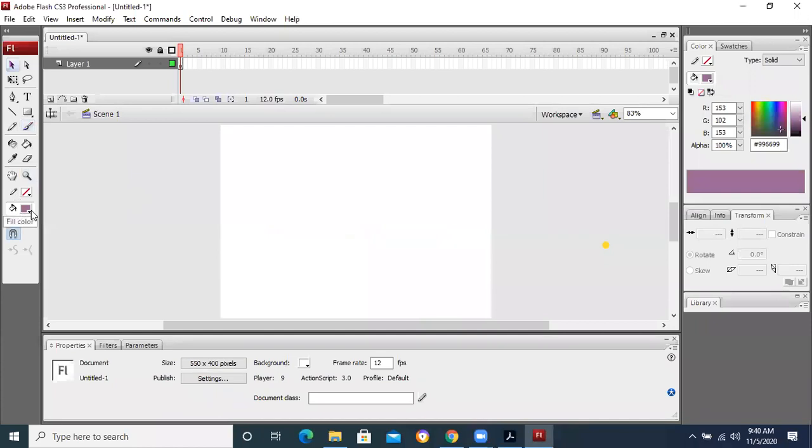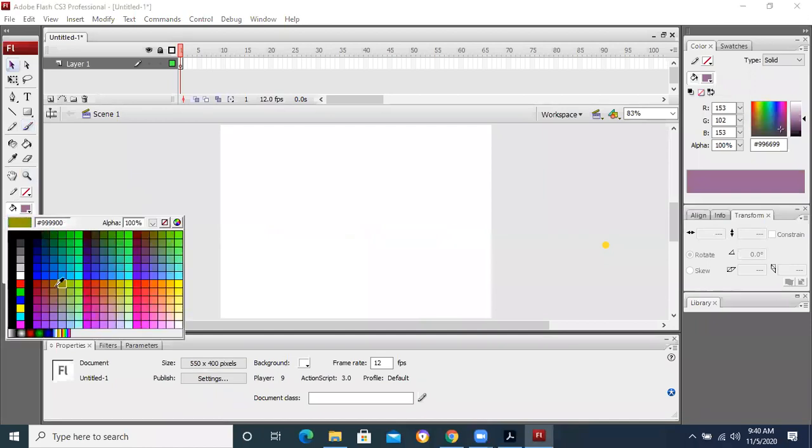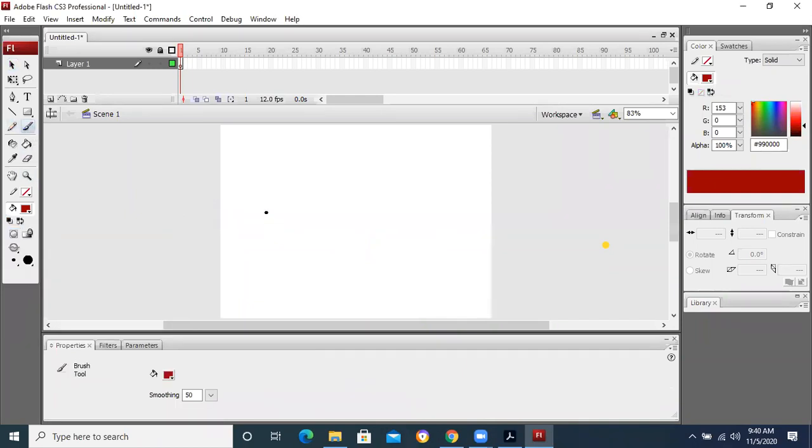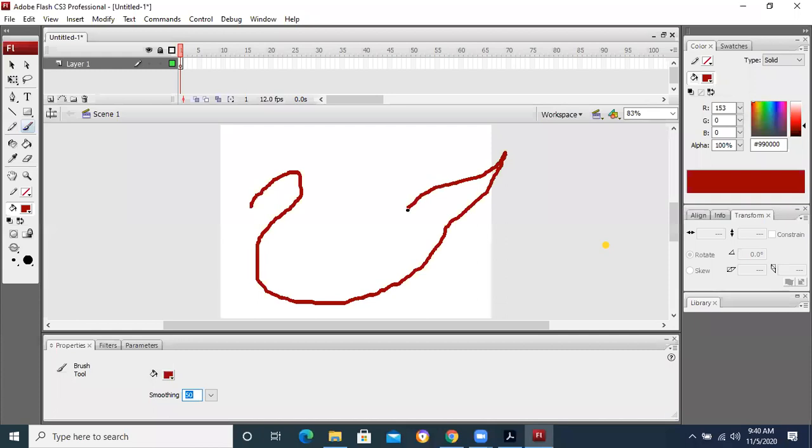Okay, let me take some other color. I'm just giving you one example. Keep in mind that I have taken the smoothing at 50%. That's why whatever kind of line I am trying to make is getting smooth.